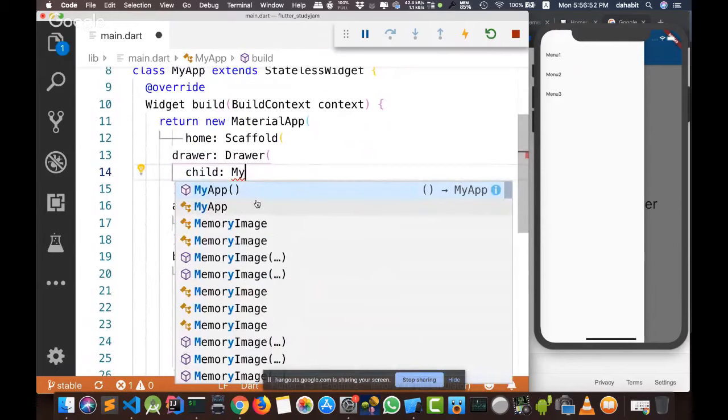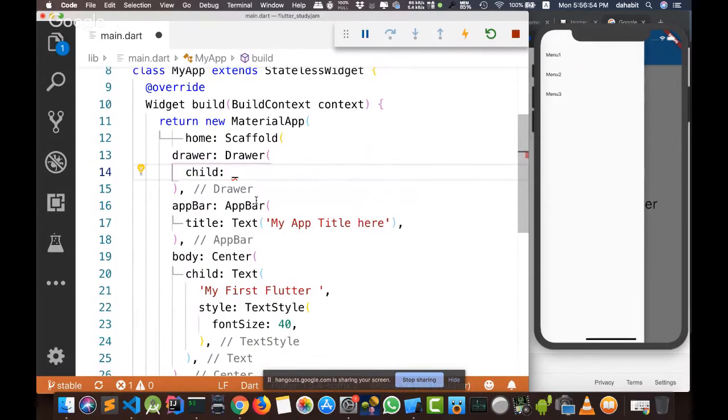I'll call that my list, or maybe I can make it private. In Dart, if you want to define a private method or a private variable, you just write an underscore. If you need it public, you write it directly without an underscore. In Dart, everything is very simple. Private and public. There is no private and protected and public like other languages.